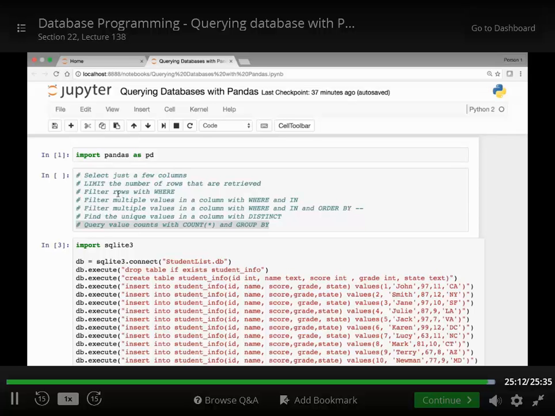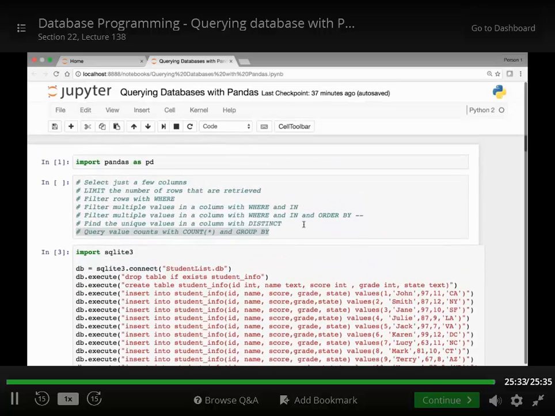And we saw how we could achieve certain functions using Pandas. For instance, limiting the number of rows that we retrieve, filtering multiple values using where and in statements, order by statements. And we saw how we could find unique values in a column by